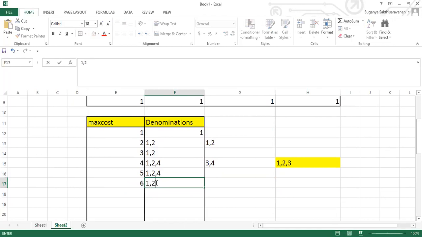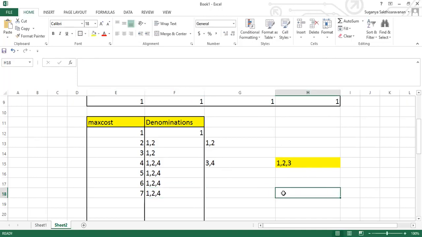So when you come to the next one, 6, you can form 1 plus 2 plus 3. It can form it. The same way, when you go for 7, you can notice that the summation of these forms 7, like 1 plus 2 plus 4 gives you 7, but here it is not required to add a new coin. So that is the logic behind it. Whenever you're choosing different denominations, try to take the maximum denomination. This is the logical sequence.